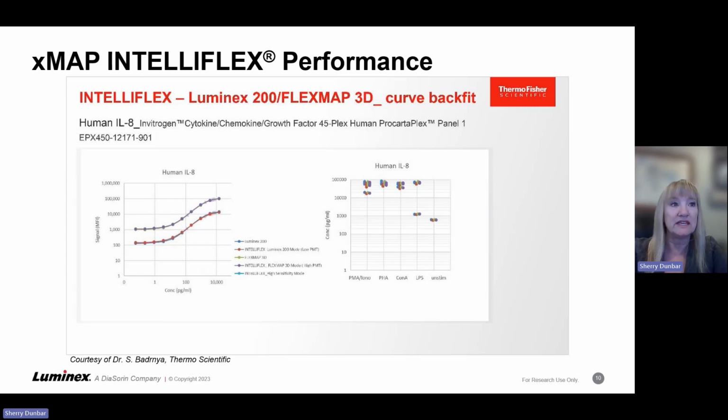Likewise, for FlexMap 3D, whether you run the assay on the FlexMap 3D, which is in green, or you run it in FlexMap 3D mode on the INTELLIFLEX, you're getting exactly the same results. So this is what we mean about backward compatibility. The INTELLIFLEX has multiple operating modes. So if you want to see your data the way that you're used to seeing it on the Luminex 200 or the FlexMap 3D, you are able to select that operating mode to run your assays on the xMAP INTELLIFLEX